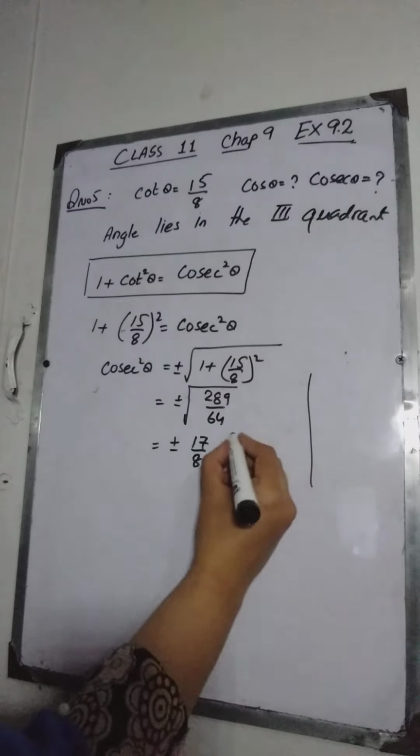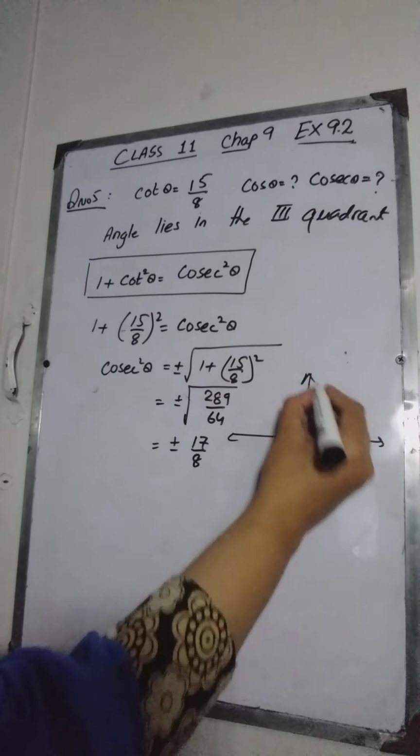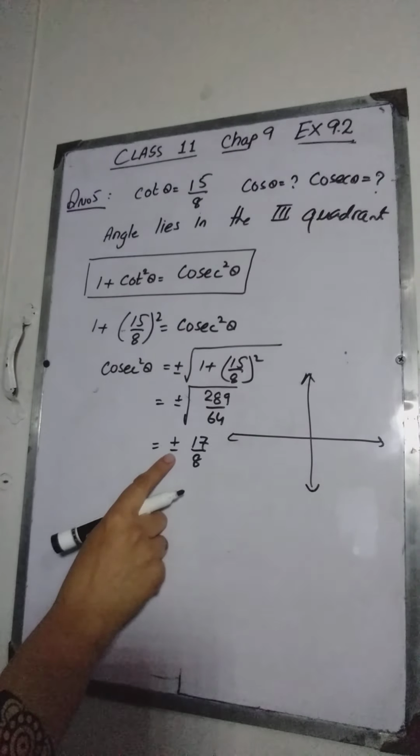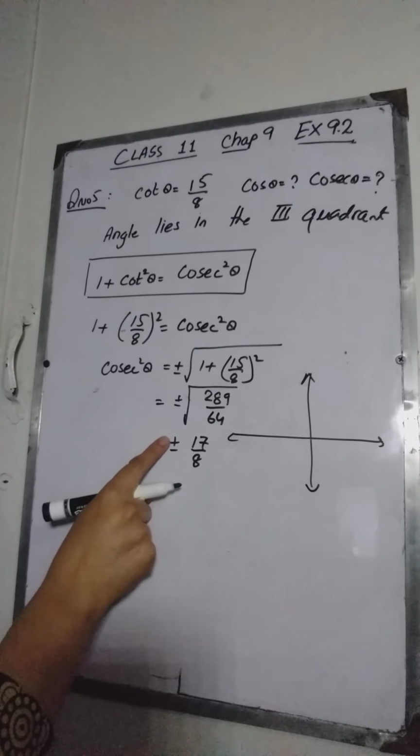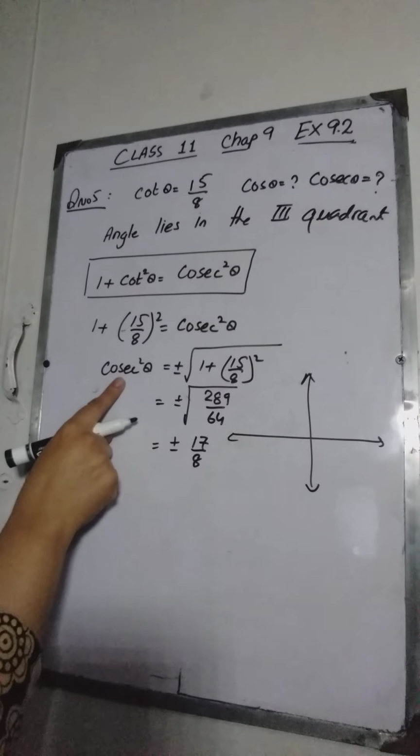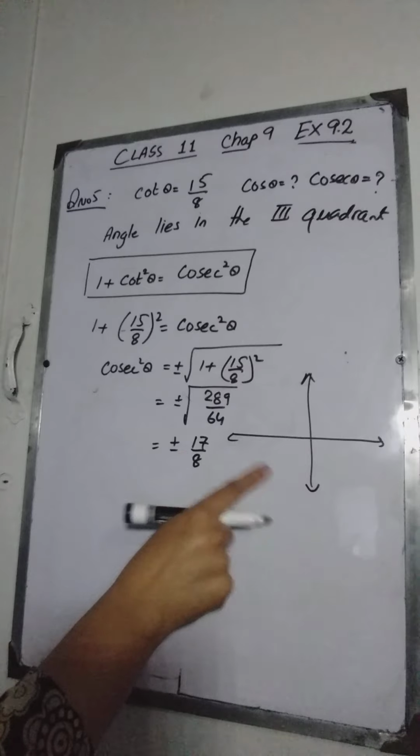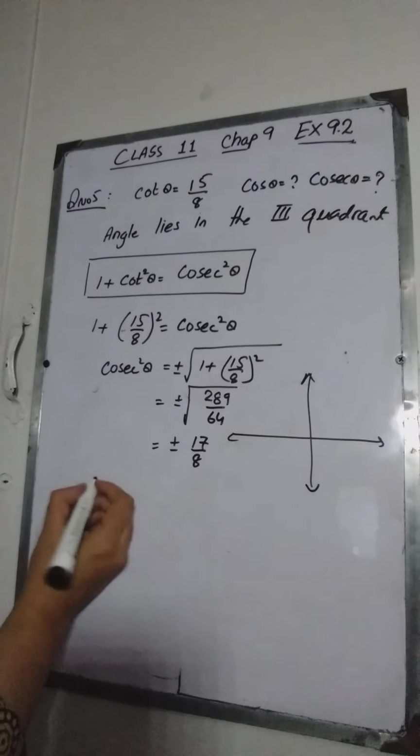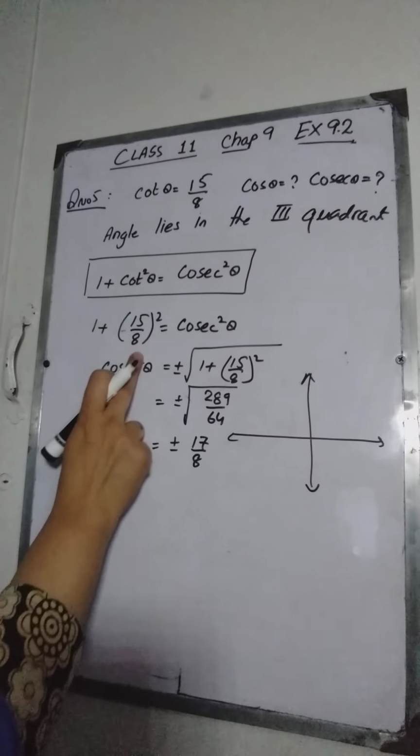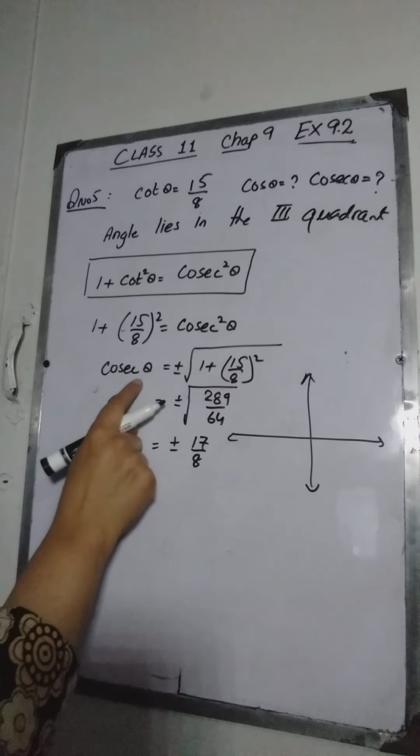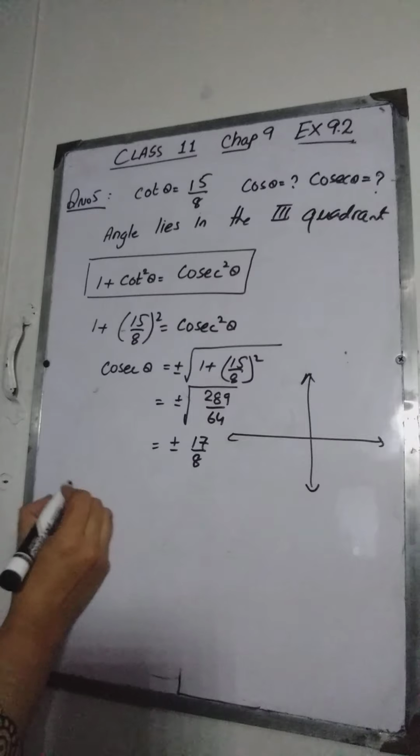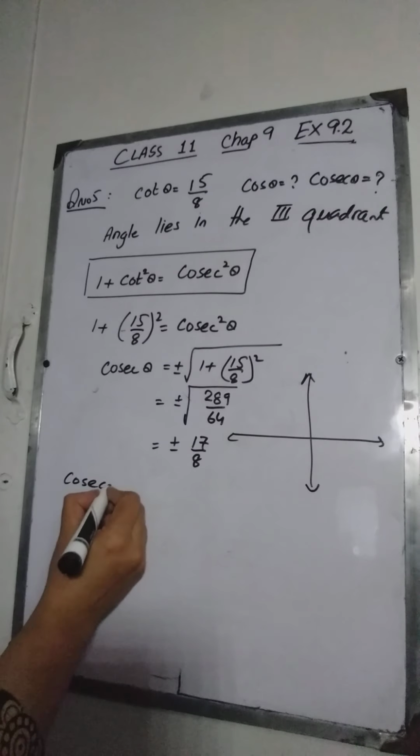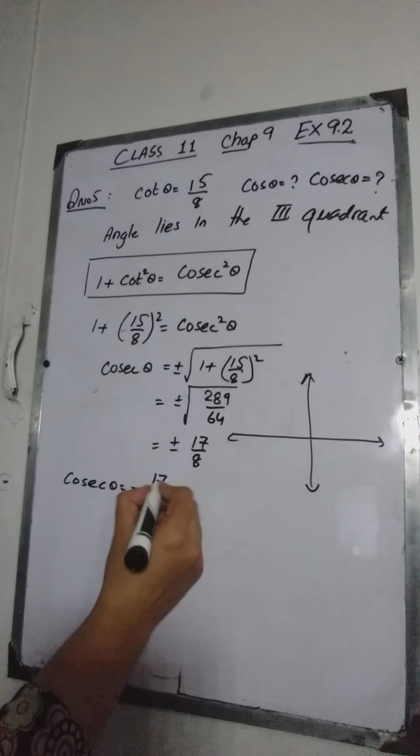Now as theta is in the third quadrant, we can't take the positive value, because cosecant and sine are negative in the third quadrant. Therefore we will take the negative value and drop the positive value. Cosecant theta is equal to plus minus this, so it means that cosecant theta will be negative 17 by 8